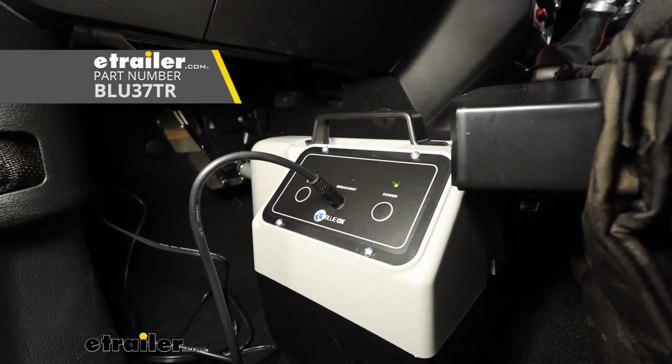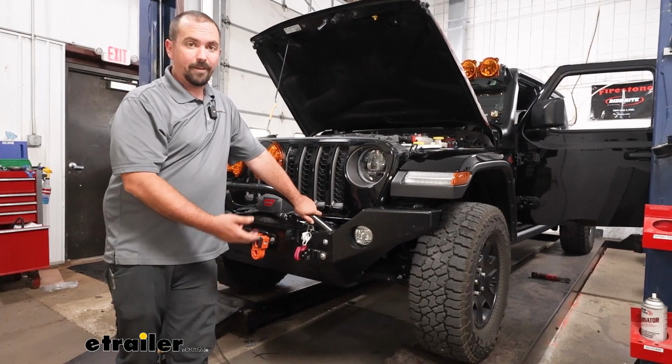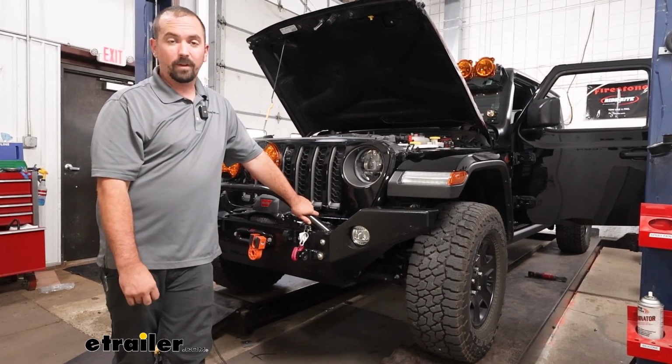So really all we're going to do is take the wires from that outlet, run it through the firewall, and we are going to be extending our wires to get to the battery, but we just tie off the positive terminal and the other wire goes to a ground, and then you'll have that constant 12-volt power even in that